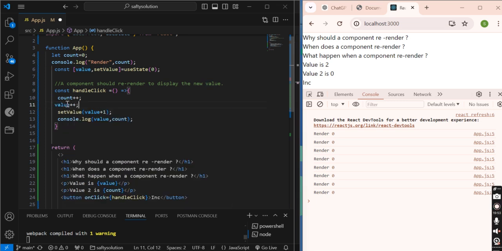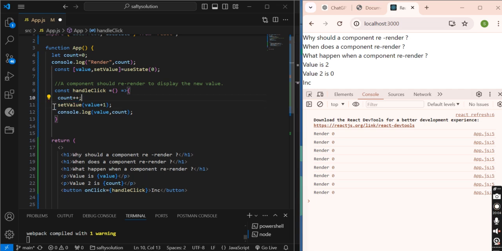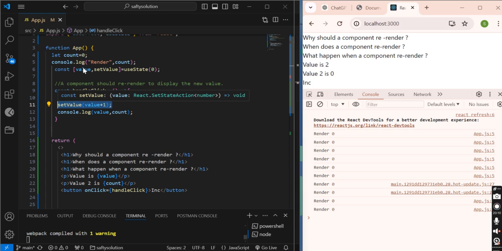No, we can't do this because this has been defined using const, so we can't do that, right? Here what it's doing, increasing this value by 1, and we are printing.